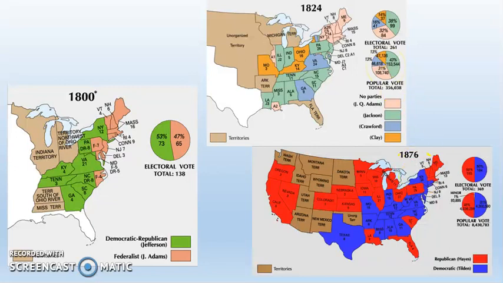Election of 1876, it's worse. It's 50-50 right here. This is actually a tie for the presidency. And whenever